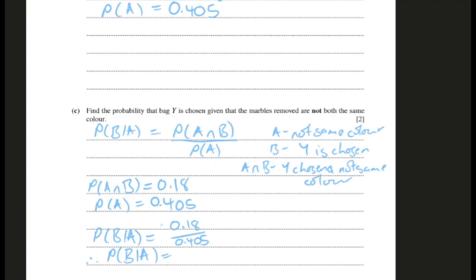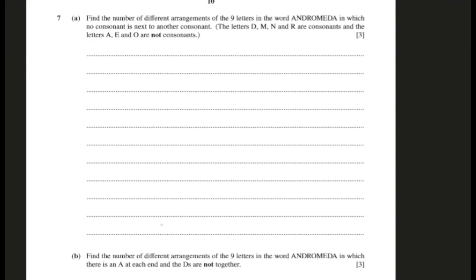Let's move on to the next question. 7a. Find the number of different arrangements of the 9 letters in the word Andromeda in which no consonant is next to another consonant. The letters D, M, N, and R are consonants, and the letters A, E, and O are not consonants. Okay,